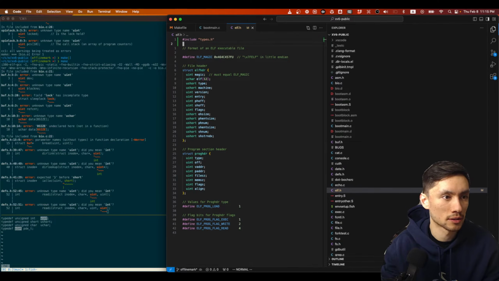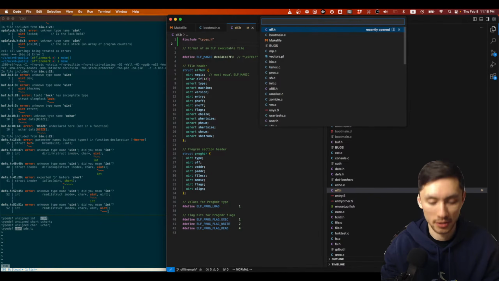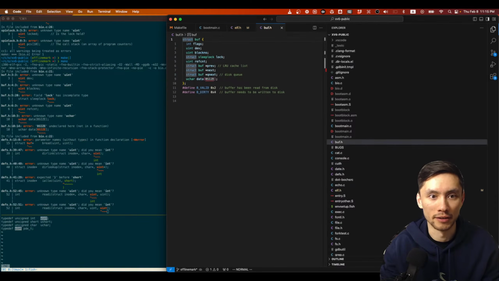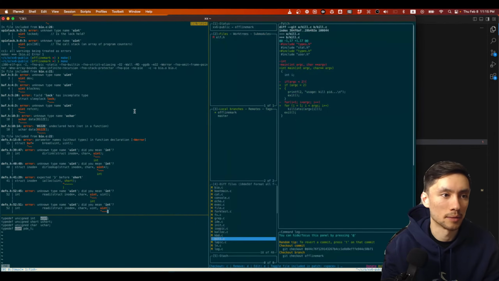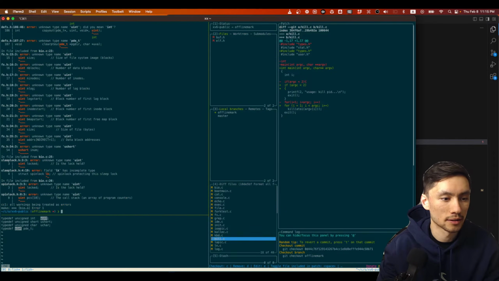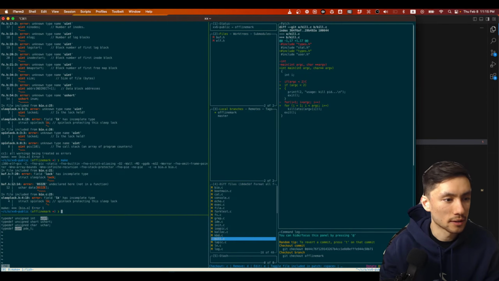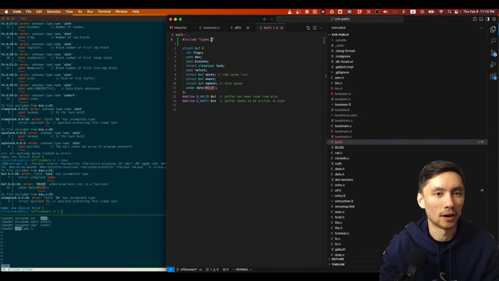All right, so buf.h. I have a feeling this is going to be absolutely everywhere. Include types.h. All right, let's build it again. I see lock has incomplete type. Okay, yeah, all of these.